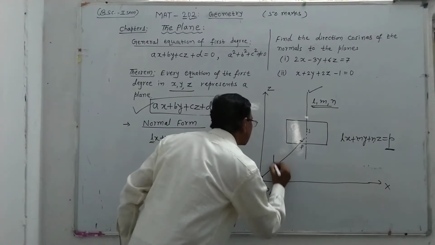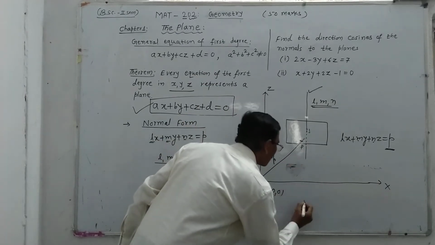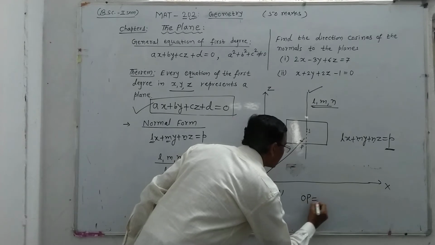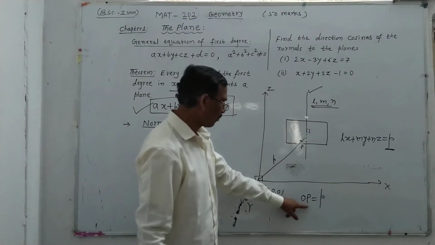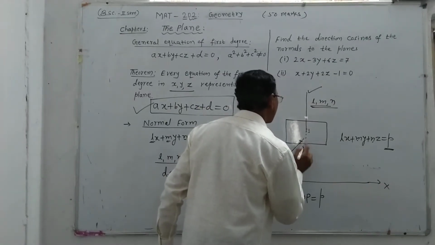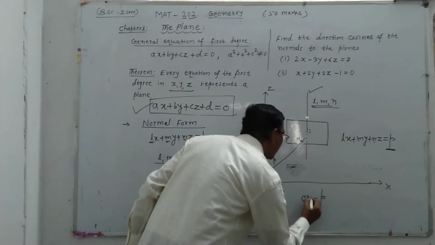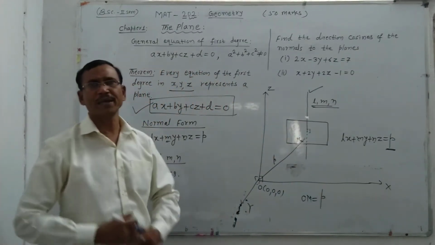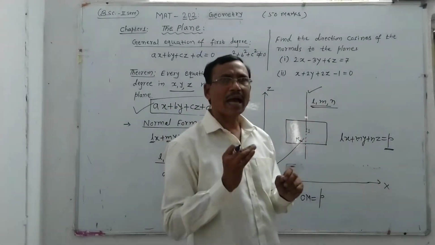That means distance OP is small p. Don't confuse this: the P is a point and this is the distance. Now suppose this point is M. Then distance OM is small p. l, m, n are the direction